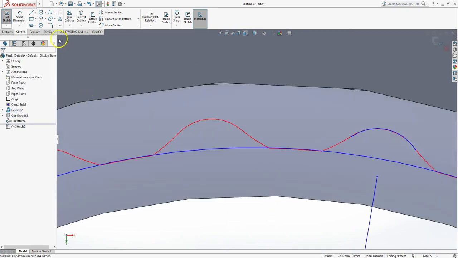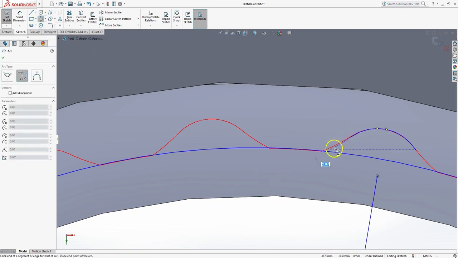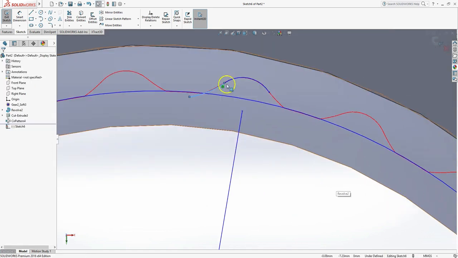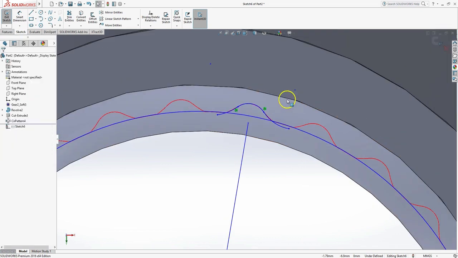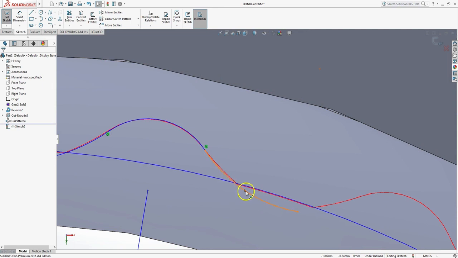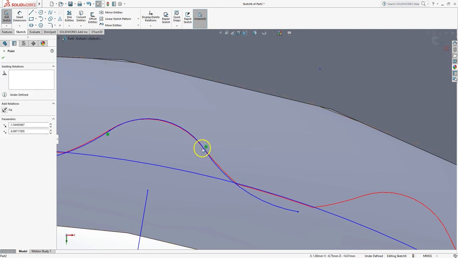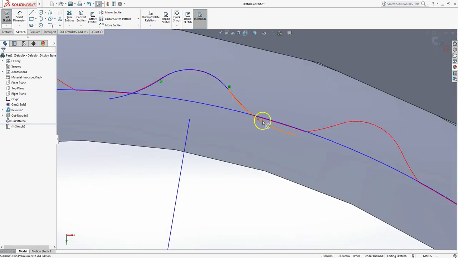And now I'm going to take a tangent arc to trim that out. Tangent arc. Take that out to there. Take this one, do the same out to there. A little bit of adjusting on this guy. Let's get that. Okay.